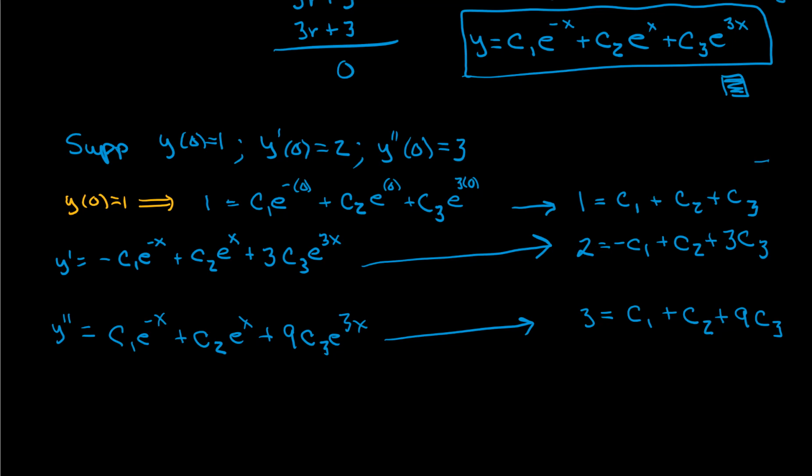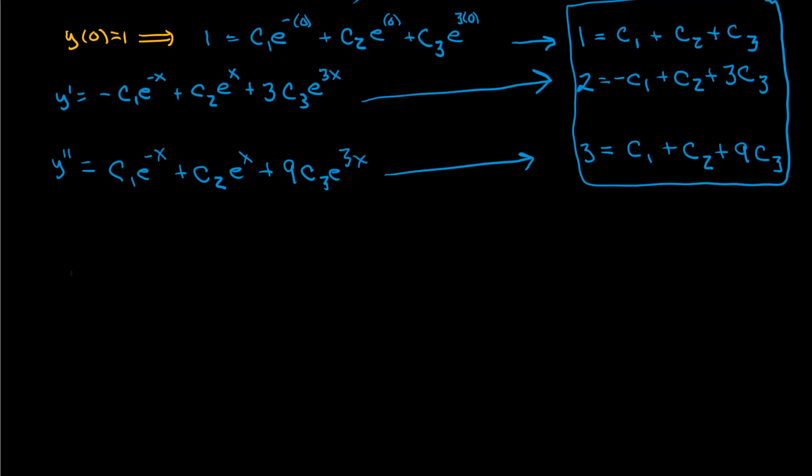Okay, so we have 3 equations here, and somehow we need to handle these to get the solution for C1, C2, and C3. There are a couple ways to do this. One is by solving 2 of the equations for C1, for example, and then substituting that into the third one, and then back substituting to find what C2 is equal to, and it just gets really ugly. An easier way to do this is by row reducing. What that means is